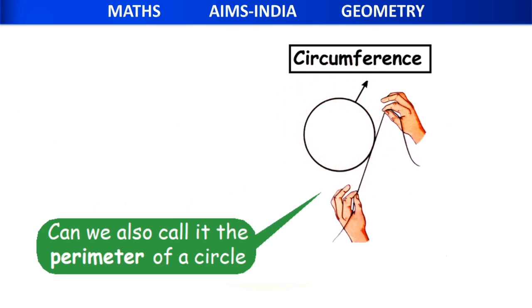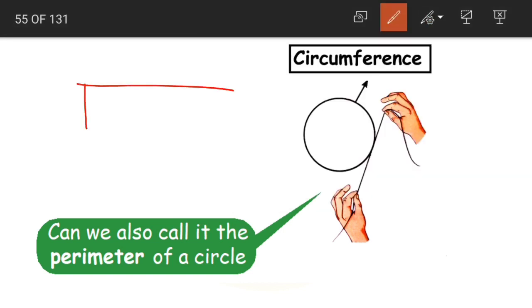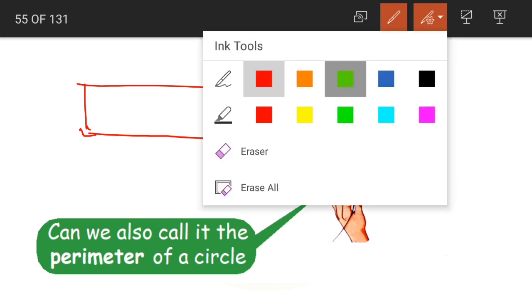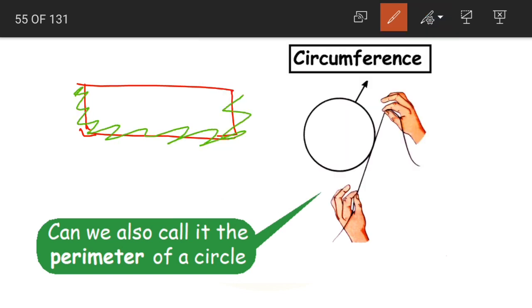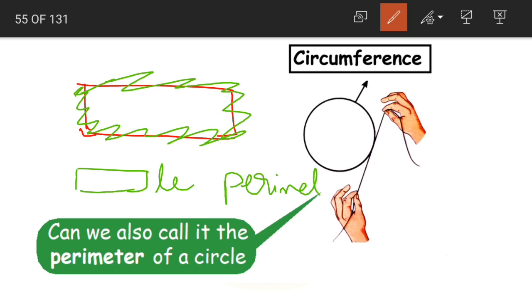See, now this is a circle, right? Now consider this as an eraser. I want to find out the length of the boundary. What is the boundary? All these red lines. Yes, so this is our boundary. Now if I want to find out the length of the boundary of this eraser, children, how can I find out? We have already learned this is in the shape of a rectangle and the length of the boundary is nothing but our perimeter. So we use our perimeter formula to measure the length of this boundary.